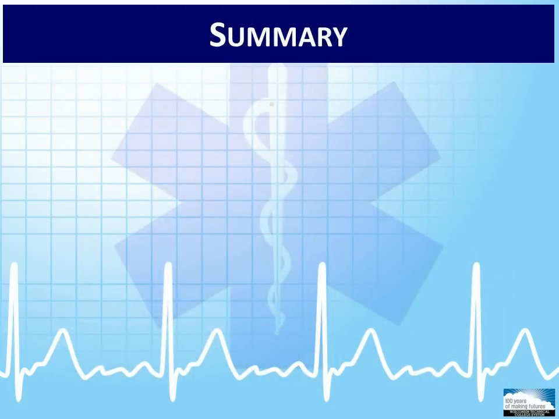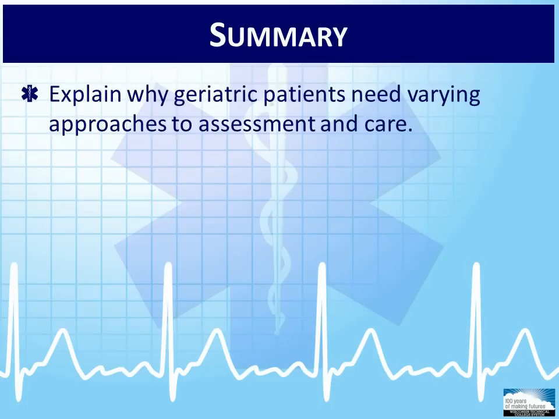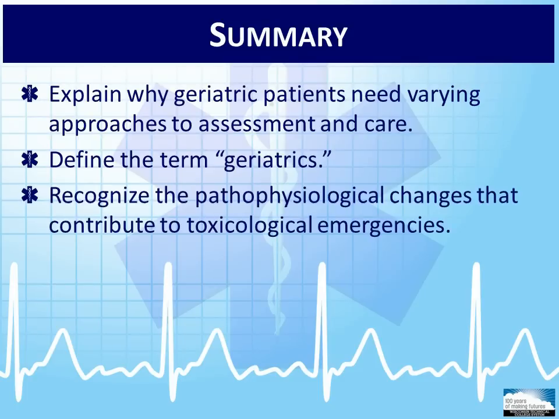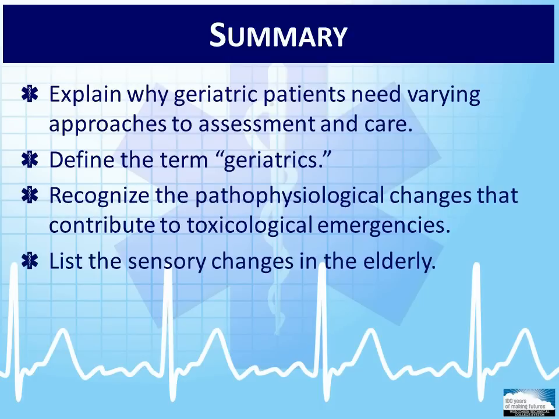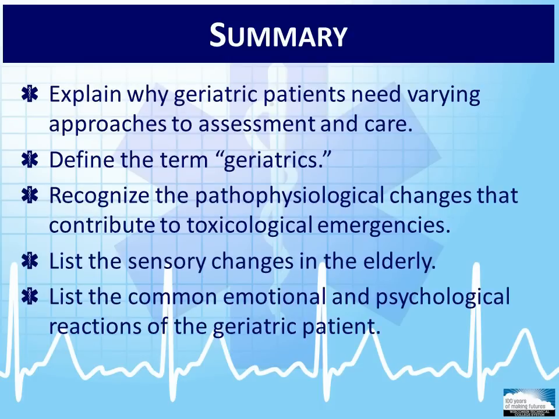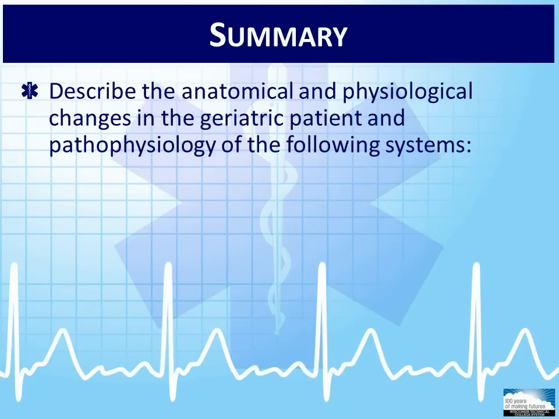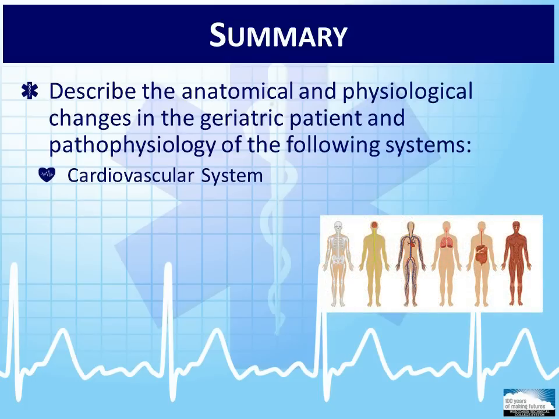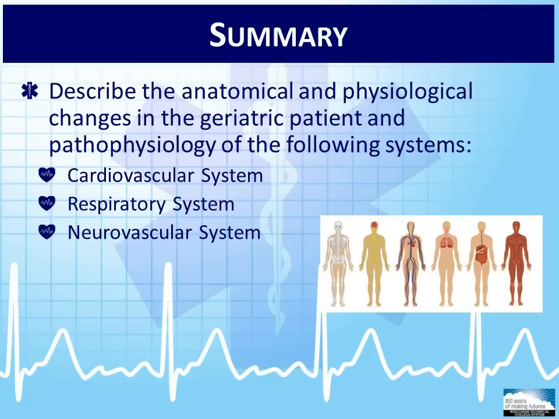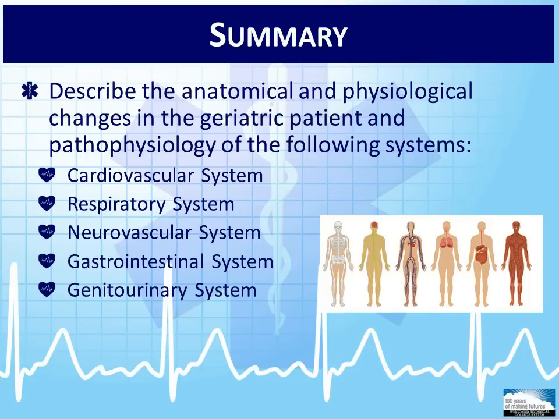With this module complete, you should now be able to explain why geriatric patients need varying approaches to assessment and care, define the term geriatrics, recognize the pathophysiological changes that contribute to toxicological emergencies, list the sensory changes in the elderly, list the common emotional and psychological reactions of the geriatric patient, describe the anatomical and physiological changes in the geriatric patient and pathophysiology of the following systems: cardiovascular system, respiratory system, neurovascular system, gastrointestinal system, genitourinary system, endocrine system,